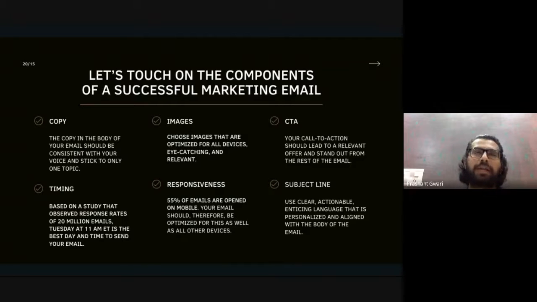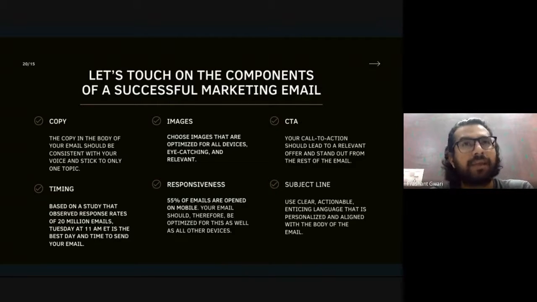Now, the most important part of your email marketing campaign is your subject line. When someone opens their Gmail, they read the subject line first. Then that subject line tells them whether they will click on the email and read the full email or not. If your subject line is boring, not clear, or not enticing or intriguing to your customer, they will not click on your email and they will not read the ad copy. Same as blogging: if you are writing a blog and spending 1 or 2 hours on it, spend 3 to 4 hours on the headline.